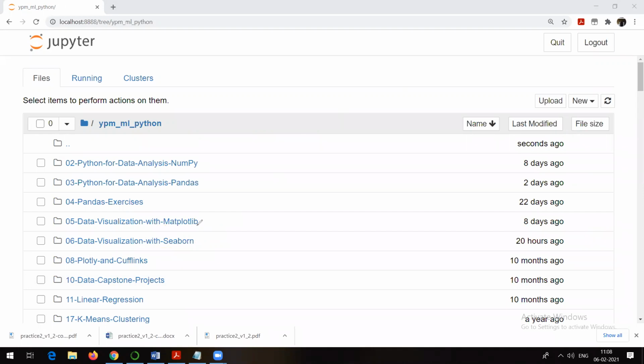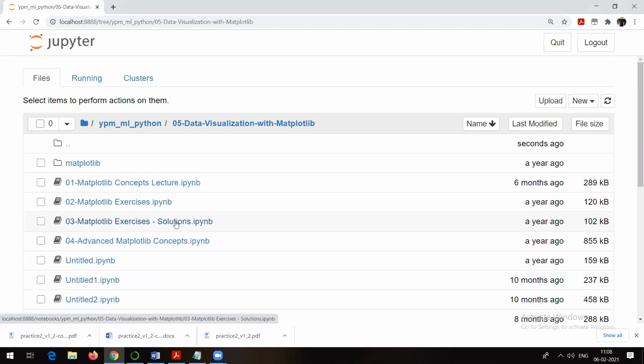Many times you will see that I'll be making use of a mixture of these two packages. When you want to implement some model with the help of some algorithm, you will see me making use of these two packages frequently, right? But remember that there are other packages also which can be used for visualization. Anyway, let's start with visualization, and let's start with the first package, that is Matplotlib.